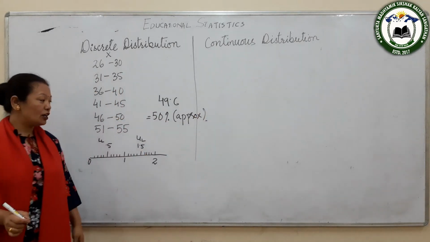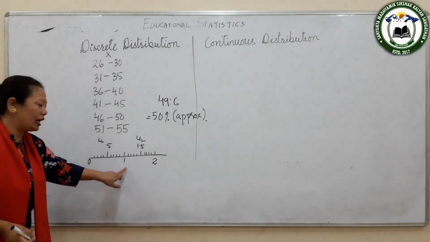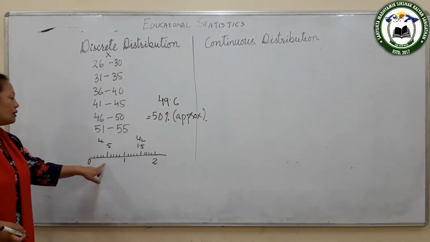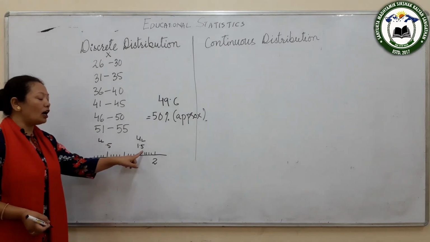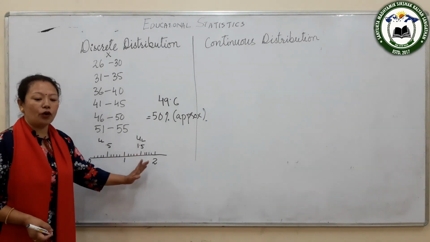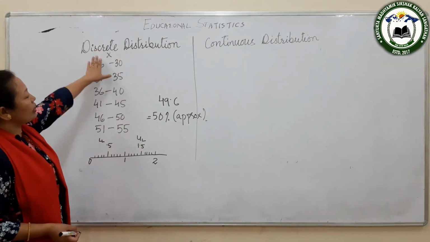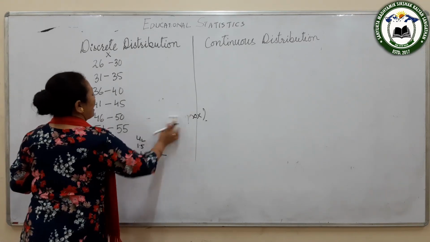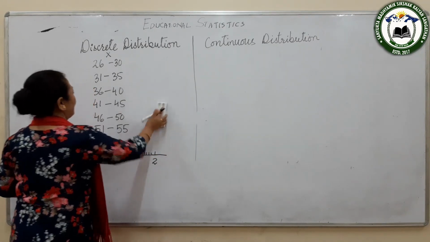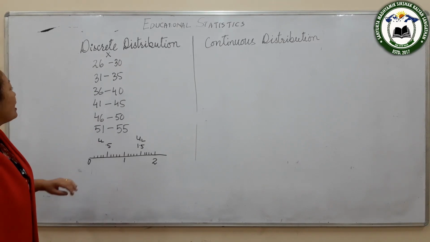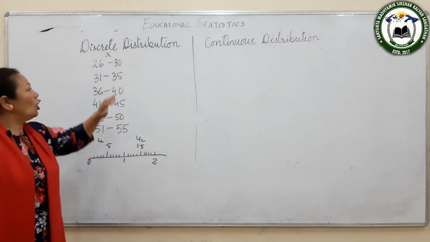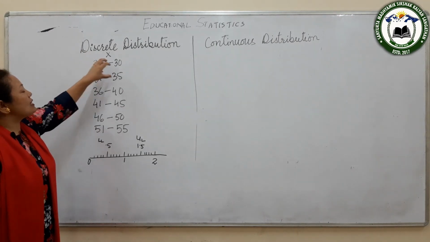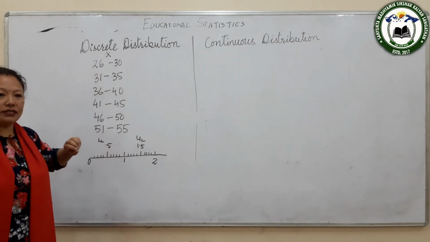So in a similar way over here also, we have to look at the same thing: that 1 is extended. Its extension, the lower limit is 0.5 and the upper limit is still 1.5. Now over here we have these numbers, 26 to 30 and 31 to 35. These numbers are arranged in a discrete series. Although we can see these numbers are totally isolated, there is a link between these two numbers.